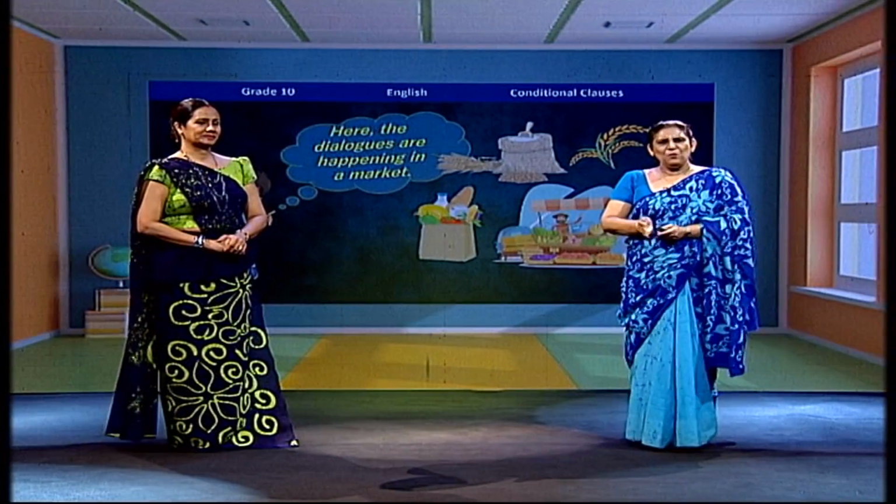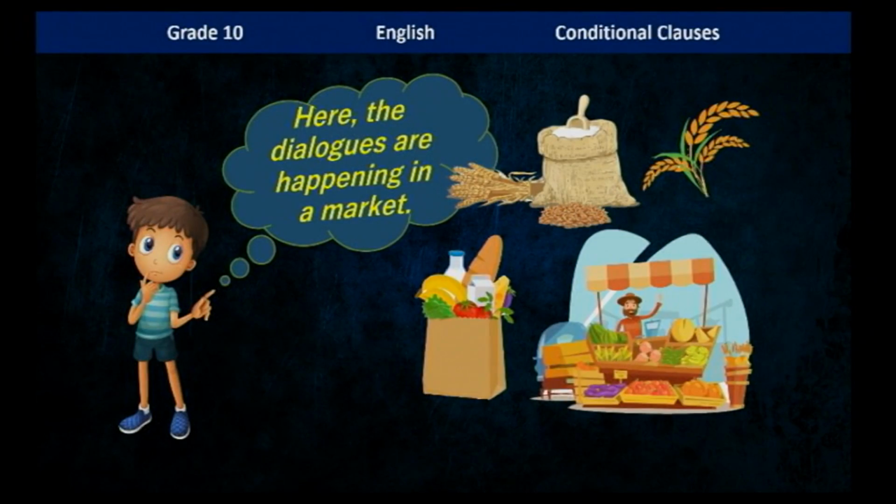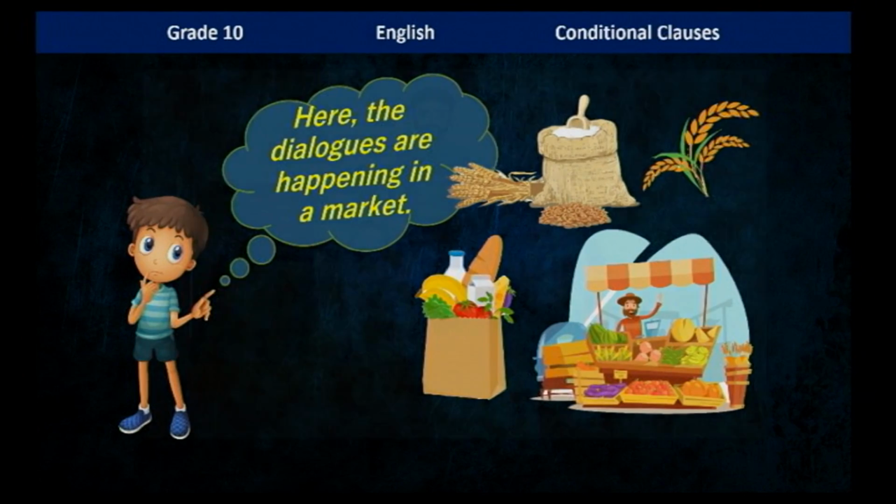Now you have some dialogues here. These happened on an imaginary island. Many years ago, this village, this island, did not have a monetary system. That means they did not exchange money, but they used their services. They exchanged their services and goods with each other. So here you can listen to some dialogues between some people on that imaginary island.